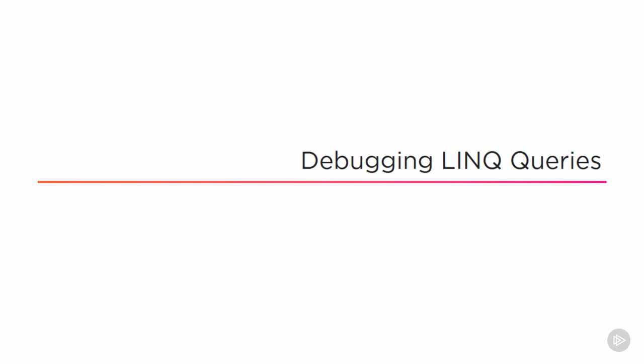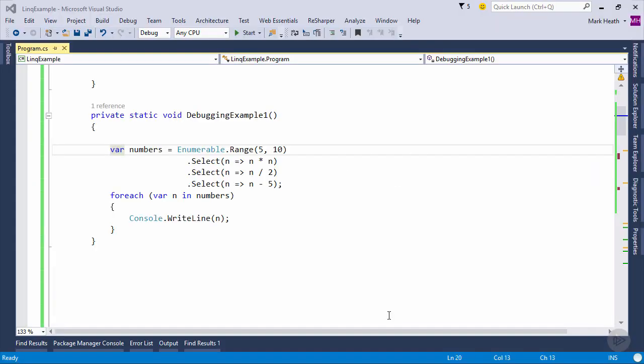Now, one of the things that makes debugging LINQ queries a little bit difficult is deferred execution. Now, why is that a problem? Well, suppose we had this LINQ query where we're taking some numbers, squaring them, halving them, and then subtracting 5. And let's imagine we're not seeing the results we were expecting, and so we want to debug this to work